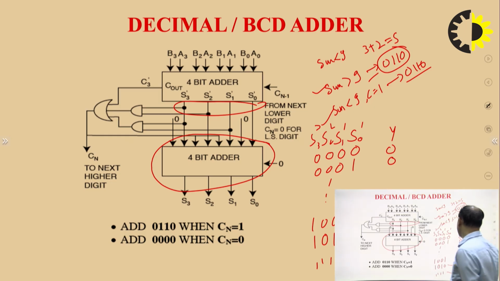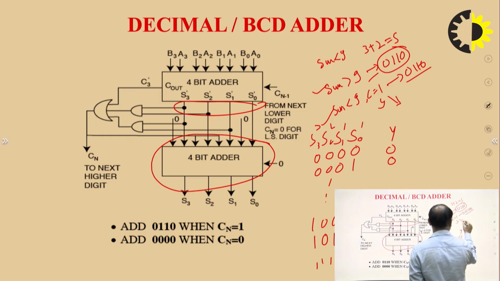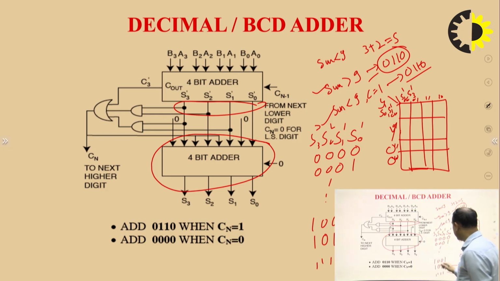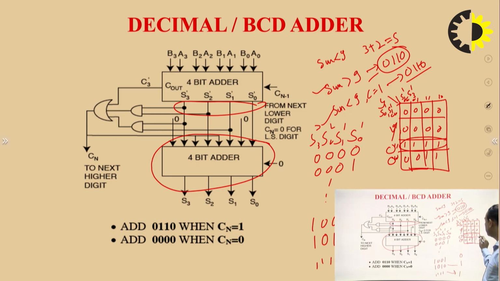So if we make the K map for Y for the combination S0 dash, S1 dash, S2 dash and S3 dash, and put these values. Up to the point 9, we have to fill zeros because there is no need of correction, and after this we have to fill 1 as we need a correction. So if we solve this K map, this is one quad, this is another quad,